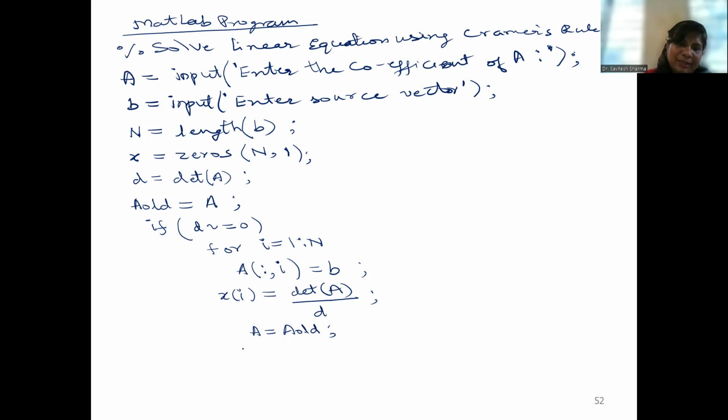Once it is completed, then I will end this. So once the calculation is completed, then I will display. And so to display the output, I will use the disp command and then write the statement. The solution is the solutions